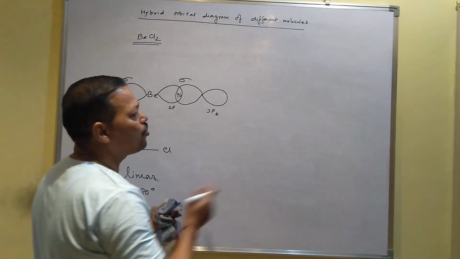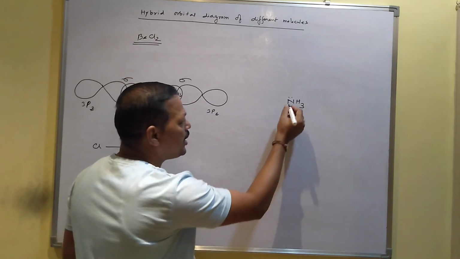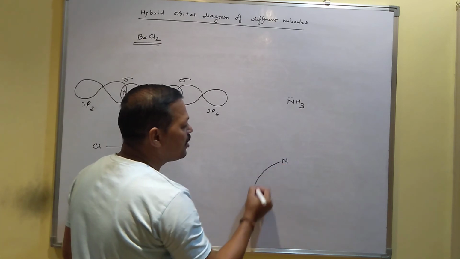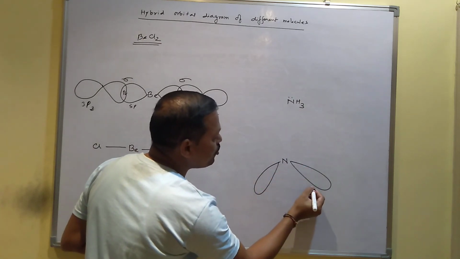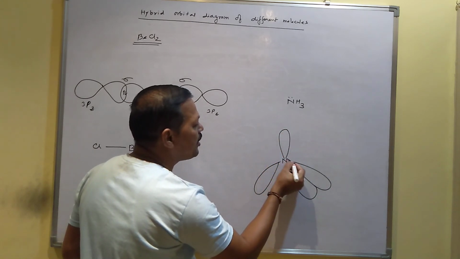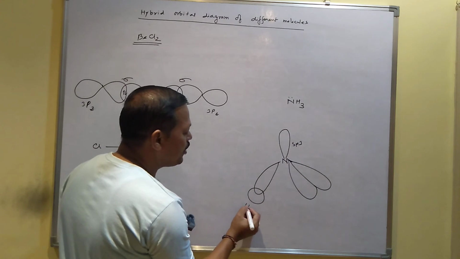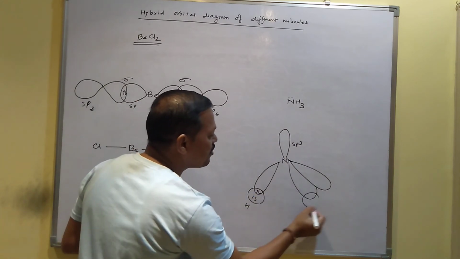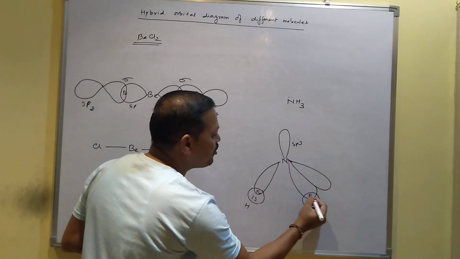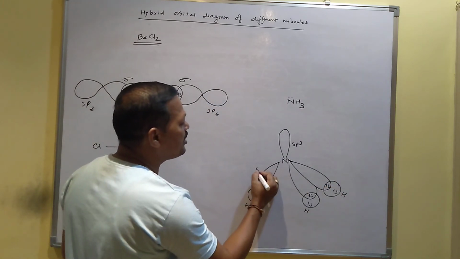Ammonia, if you want to draw ammonia NH3, it contains one lone pair also, you know. Nitrogen undergoes sp3 hybridization, you have to draw like this, which is called pyramidal shape, and one of the sp3 will be present like this. These are the sp3. This sp3 overlaps with hydrogen 1s like this. This sp3 overlaps with hydrogen 1s. This sp3 also overlaps with hydrogen 1s. 3 sigma bonds you will get. These are sp3.